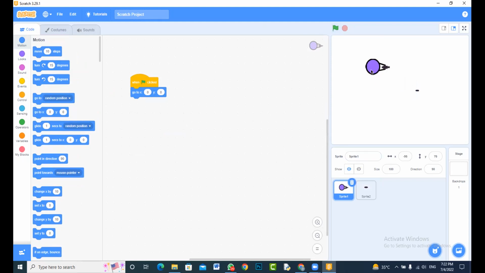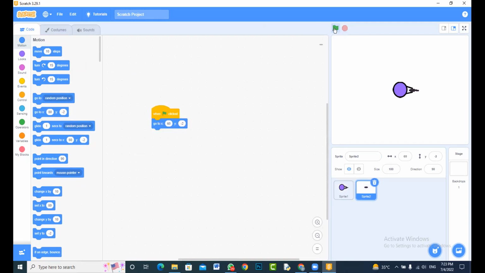It doesn't matter wherever we are, whenever we press the flag button. So both of these objects are going to come back to their original positions. Where do they need to start? Now I want